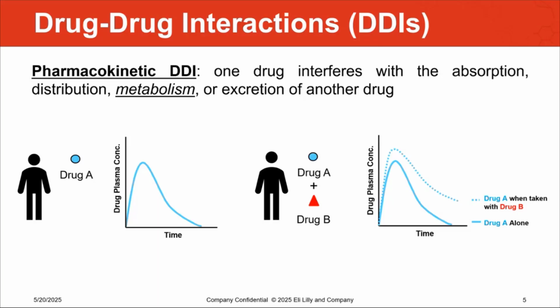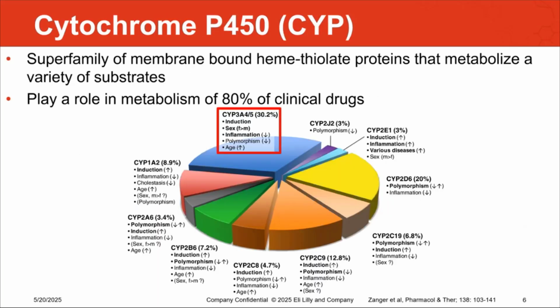Now, why do we look at P450s in particular? Cytochrome P450s are a superfamily of membrane-bound heme thiolate proteins that metabolize a variety of substrates, both endogenous and exogenous. Of all the clinical drugs currently on the market, Cytochrome P450s are involved in the metabolism of 80% of those drugs. More specifically, the isoform cytochrome P450 3A4, or CYP3A4, is the major player, metabolizing at least 30% of those